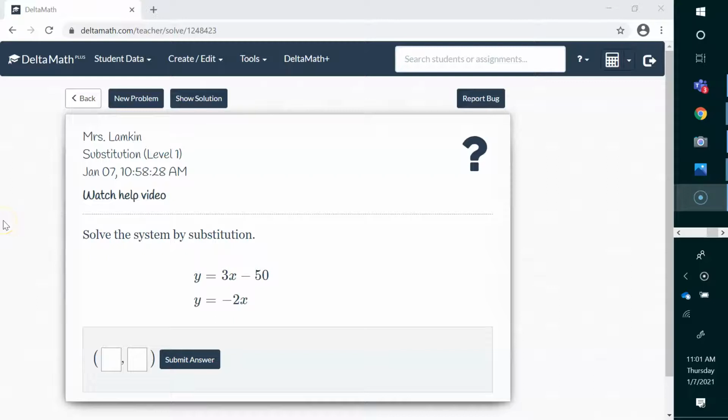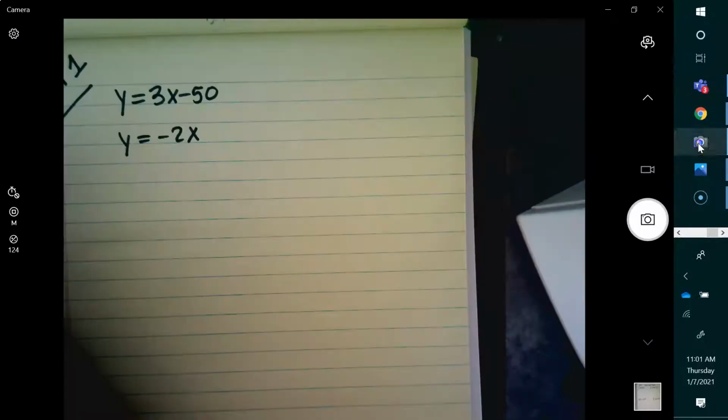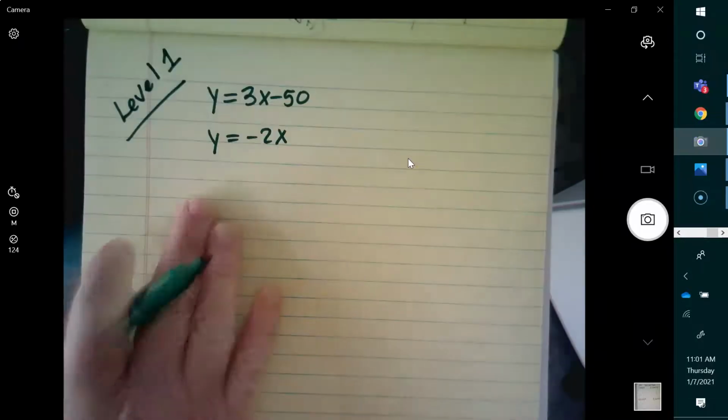Okay, in Delta Math, we're going to work problems where we use substitution. So I pulled this up on the screen. You won't have the same problems that I have, but this is our level 1 problem, and this is our example on how to do that. Okay, level 1. So I'm going to go over here to the camera mode, and we're going to practice this